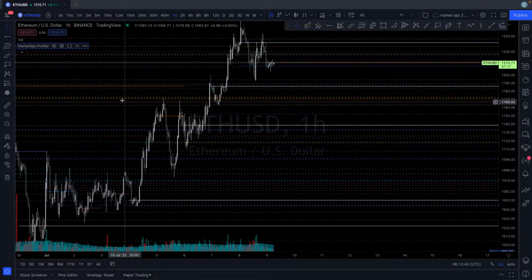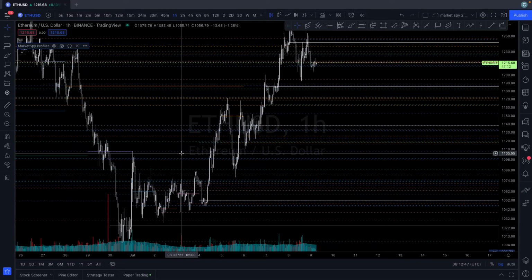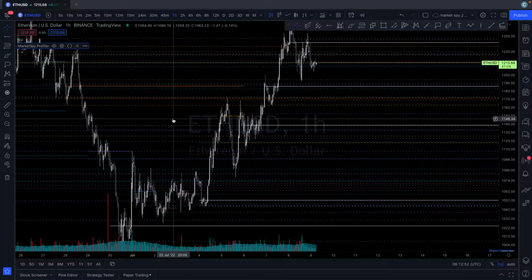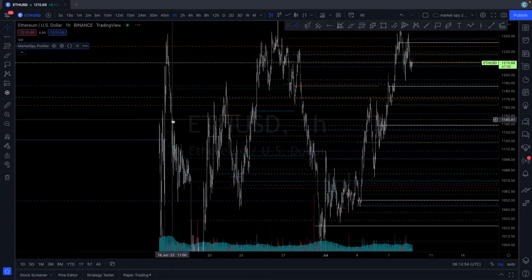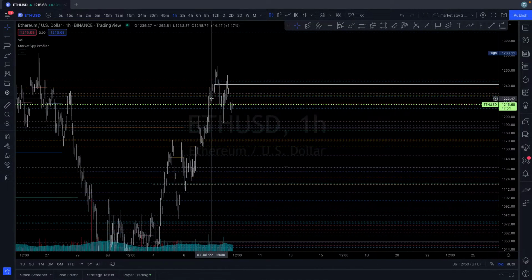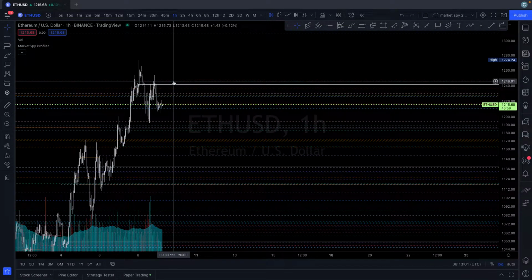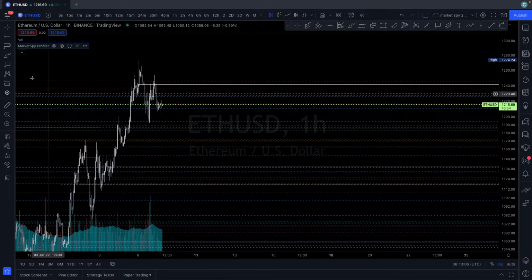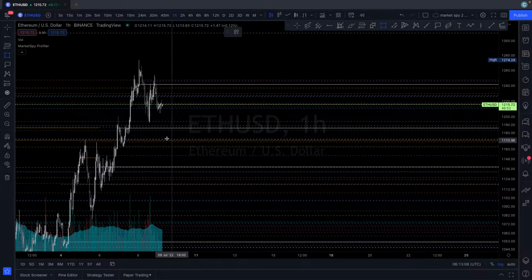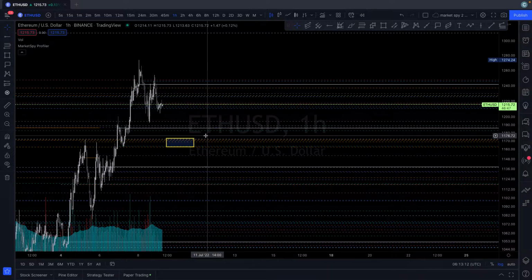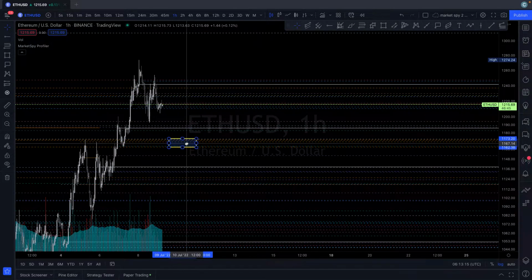And so when we turn off all of the extra lines that are mapping out the profiles for us, and we only tell the script to give us value area high, low, and point of control, well, now we get data from as far back as you could ever want. And so when you crank that all the way up to 31, you're getting a whole month's worth of value areas also. And so the benefit of this is